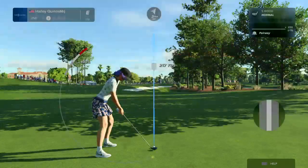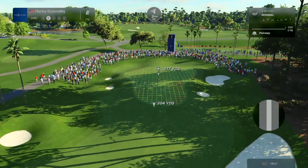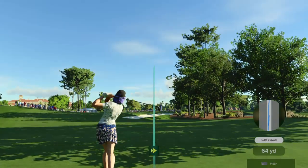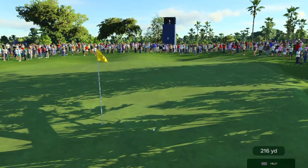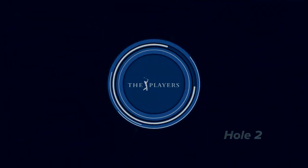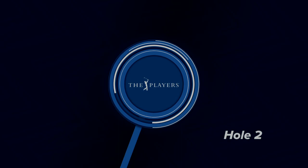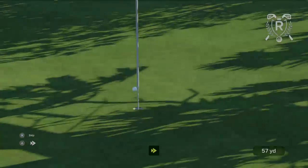Let the bout begin. Going for this green in 2, Rich, it's an exciting but daunting task. The green is minuscule from back in the fairway. You know that you have a little bit of room over to the left, but you're going to fall off into a low area. And if you miss it out to the right, you're going to find a very deep bunker on the right-hand side of the green. There's really no great miss around here, but if you're going to go for it...